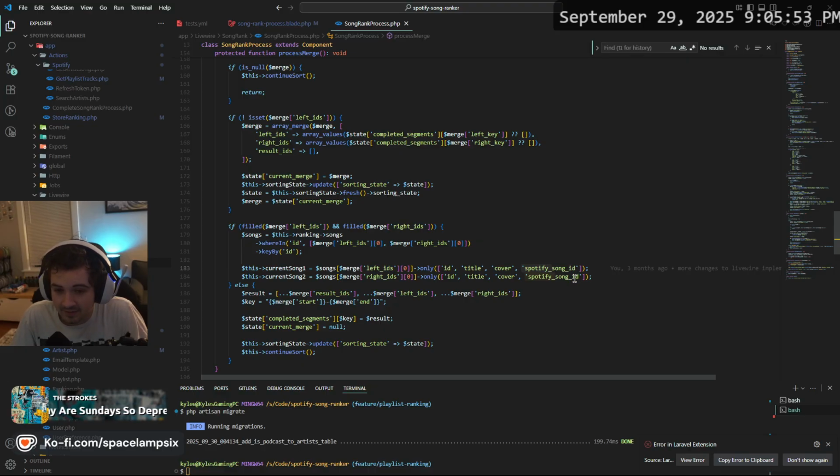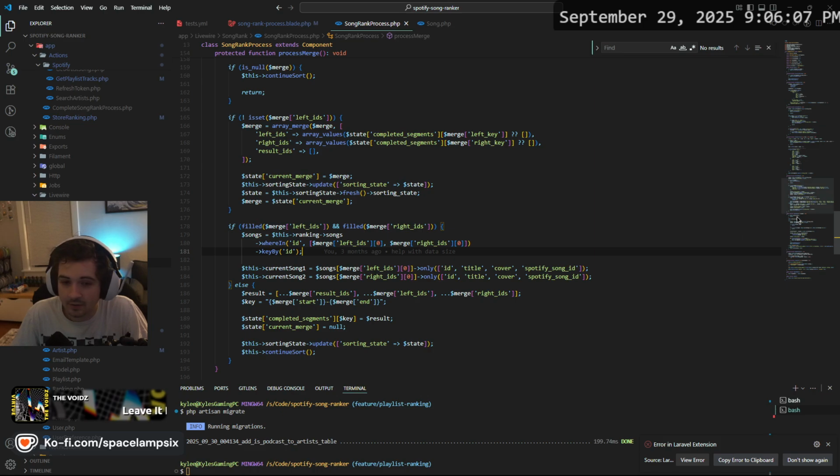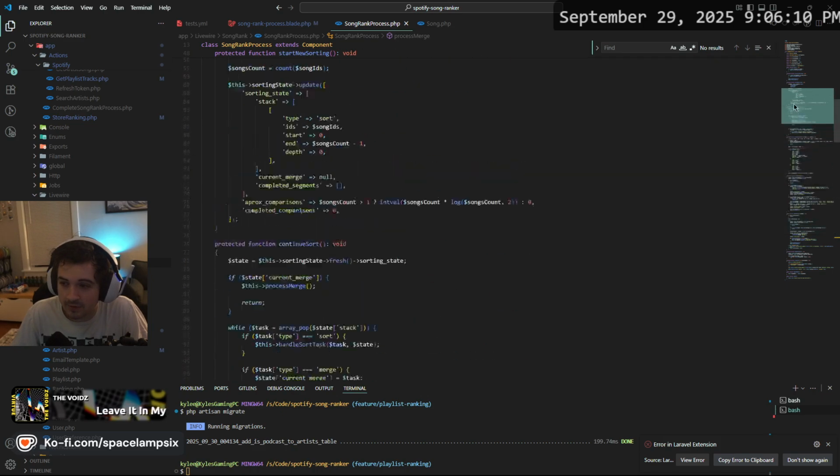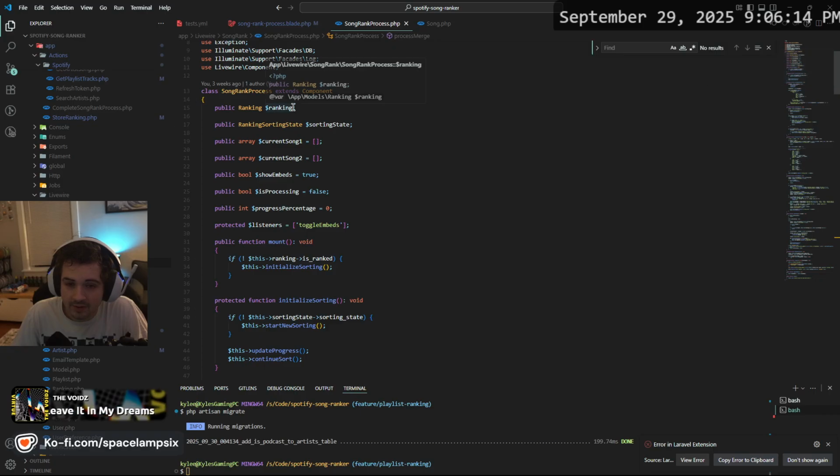Which means we need songs here with artist. Song with their artist. So when I pass this in, so I'm on line 180, I'll go back to that. So when I mount, we're passing in a ranking.